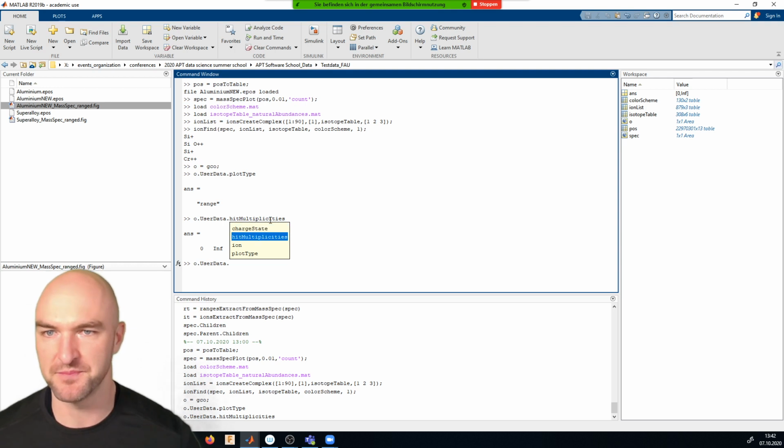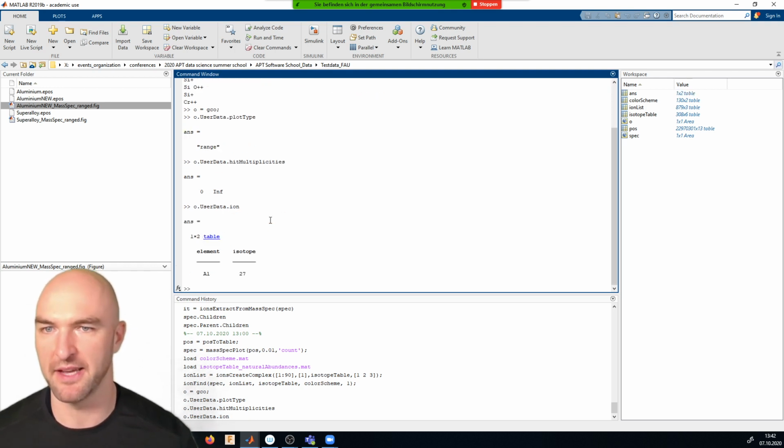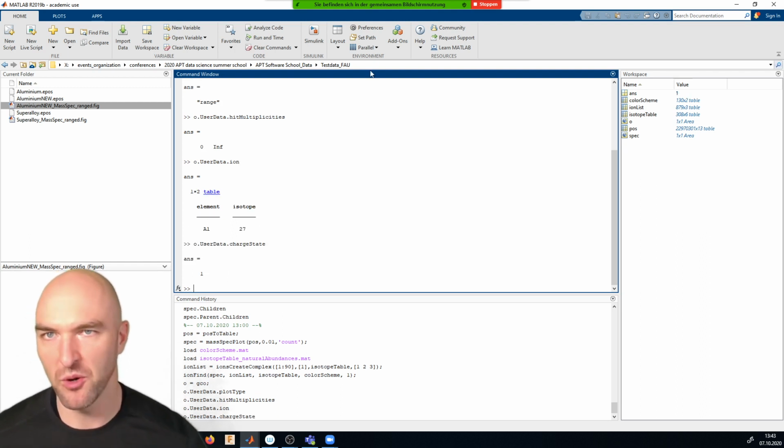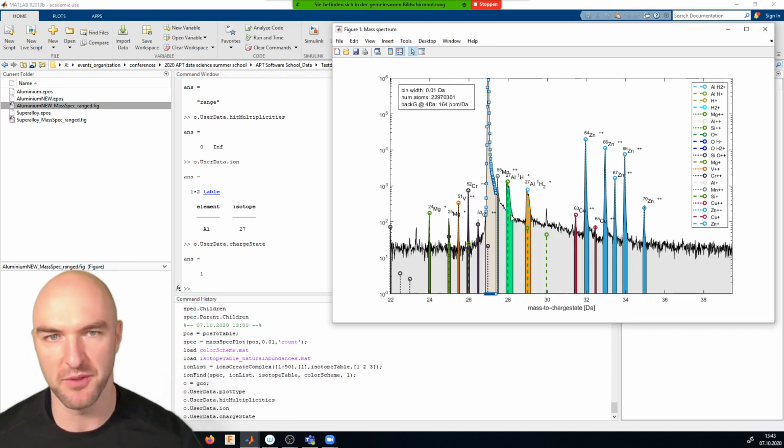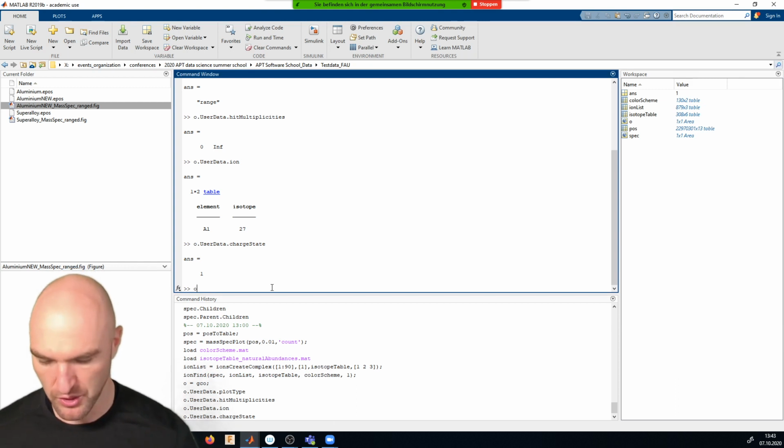And you can also see what ion it is. In this case, it's aluminium 27. And obviously, you can also go and look at the charge state. What you don't see here is the beginning and the end of the range. The reason for that is that the beginning and the end of the range are implicit in the X data. So if I go O dot